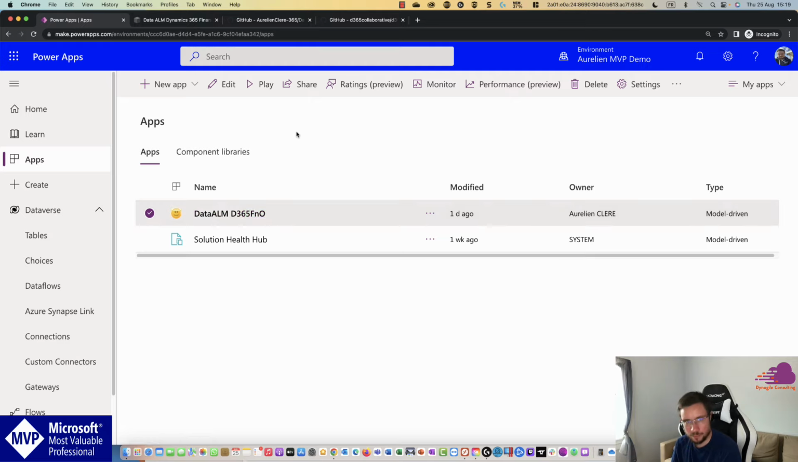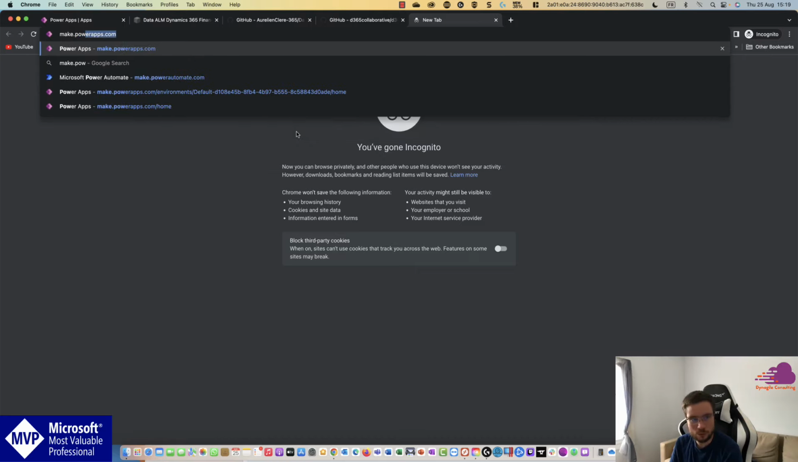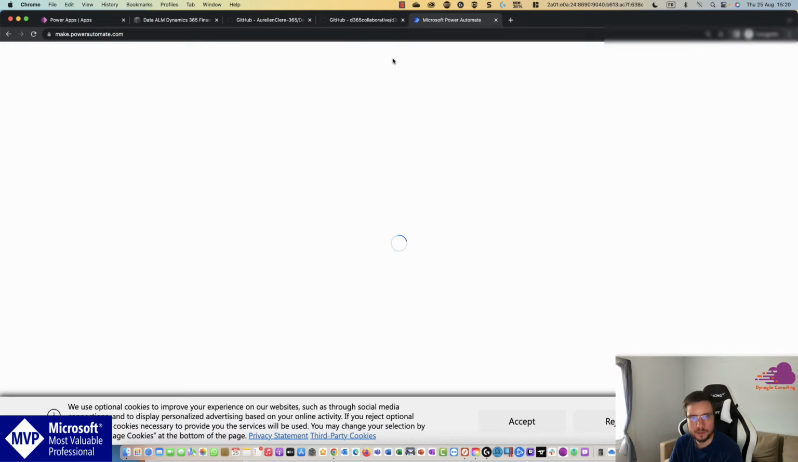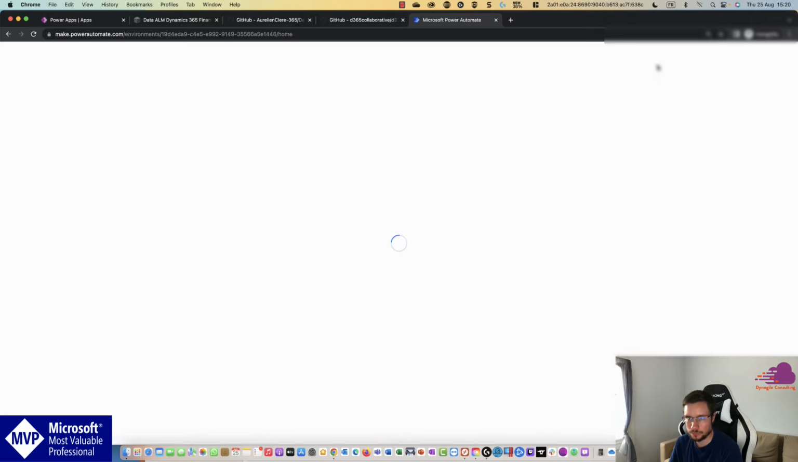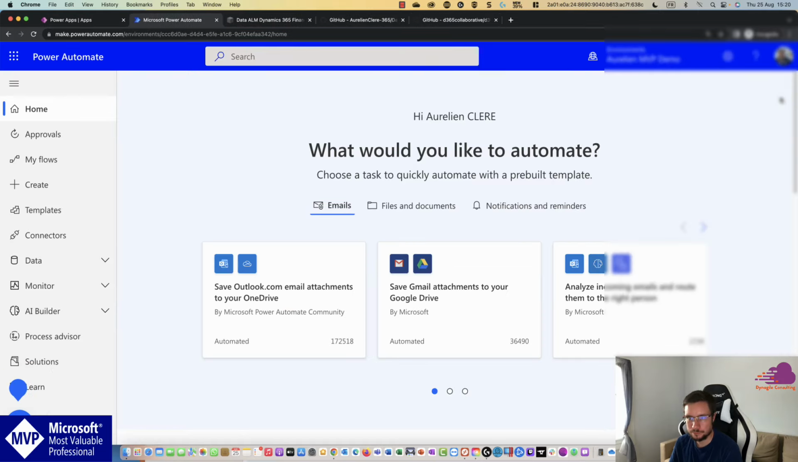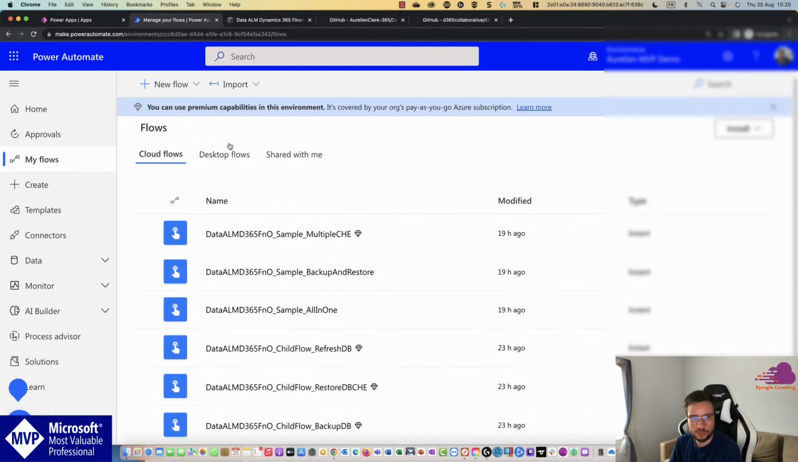Just before going on to this point, if you go to the Power Automate Maker portal now, make.powerautomate.com, you go to the right environment, and you will see you have the 6 flows I've made. So 3 are made as examples, and 3 of them are made as a core element, in fact, as child flows. So the goal was really to give you the door of the house,